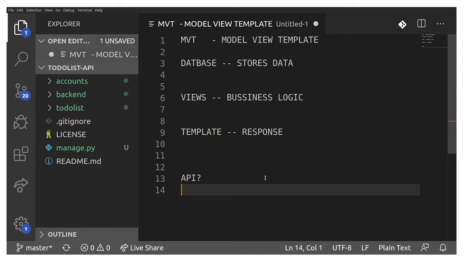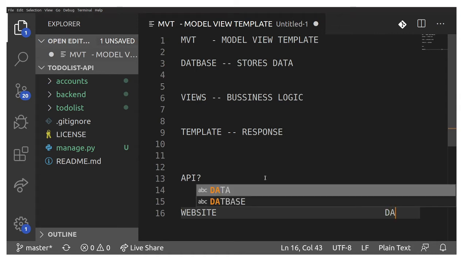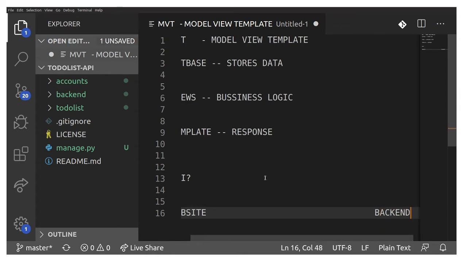Do you want to sit and write SQL commands in the front end? Obviously no. By the way, SQL is a language which allows you to speak with your database. Do you want to sit and do that? No, obviously not. No one will expect you to write a SQL command in the front end. So what API does is, it acts as a delivery guy. This is your website, and this is your app. This is your backend,